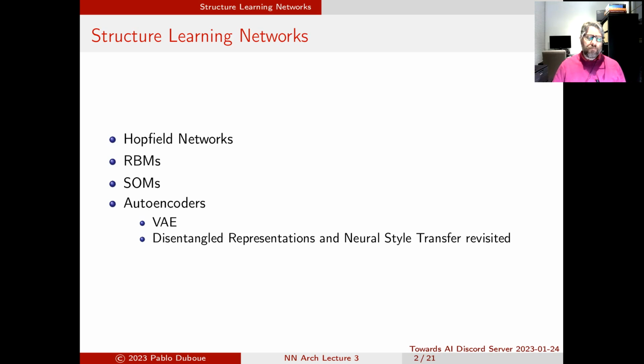And things in that direction. On the other hand, the last item, autoencoder, is a key technology being used continuously these days. And we're also going to see variational autoencoders, which share the name with autoencoders, even though they are a very different technique. And the variational autoencoders are an alternative, from my perspective, to generative adversarial networks that we saw last class, that allows for much better training. And with that, we are going to talk about disentangled representations and neural style transfer again, now in natural language processing. So that's today's lecture. It should be fairly short and to the point.